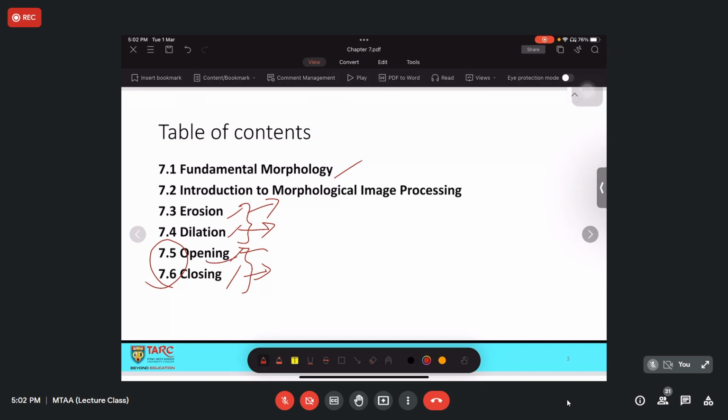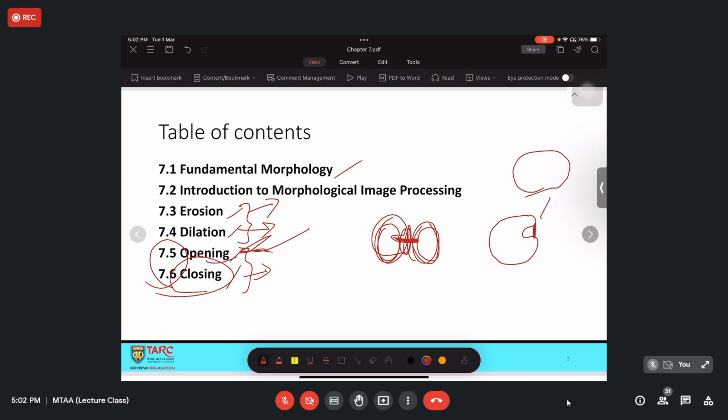So opening would be exactly as per the term, which means you open something. For example, you have two cylinders, and these two cylinders are connected by a string or black line. You want to open this one, so perhaps you can use opening. Okay, let's say you have something like this one, hollow, and you want to close here, so perhaps you can use the operation closing. After you perform closing, you will get something like this, and after you perform opening, you will get a separated object. Okay, this is especially important when you segment objects which are closely located to one another.